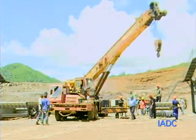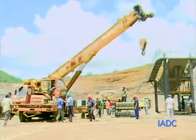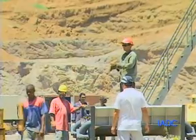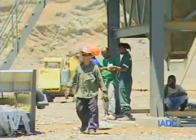lane process. Now that base lane process should get going somewhere mid to the end of October. Right now the stone crusher is being installed, and once that is completed we would have the stones started being crushed, and following which, while we have stockpiled some, we would start the base lane process. So the guys are working in preparation for that, and the runway here in the first kilometer is building up